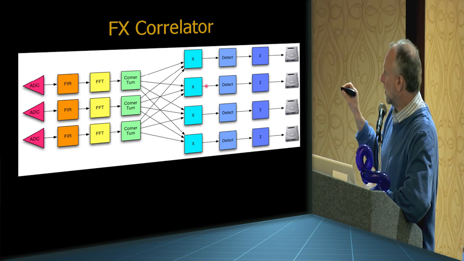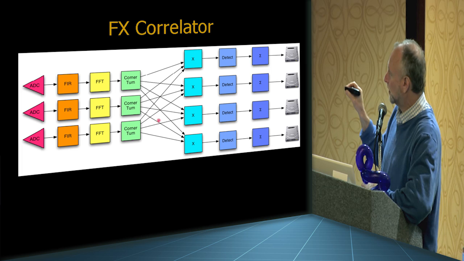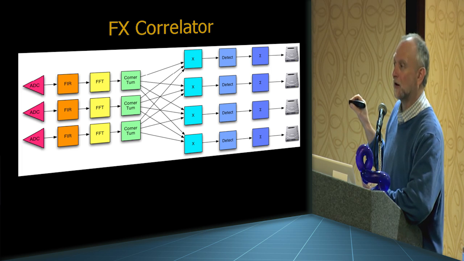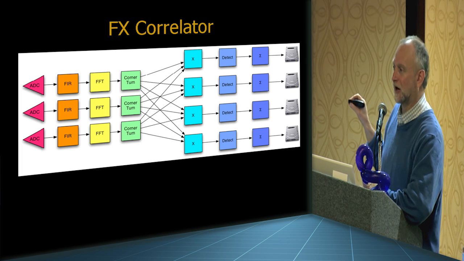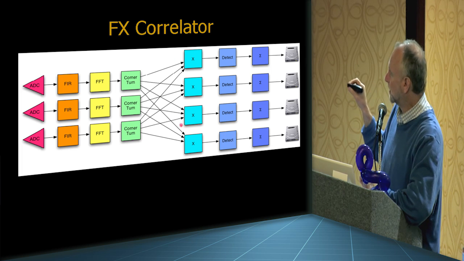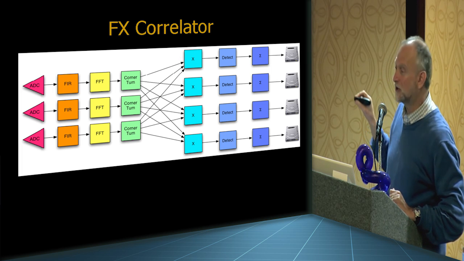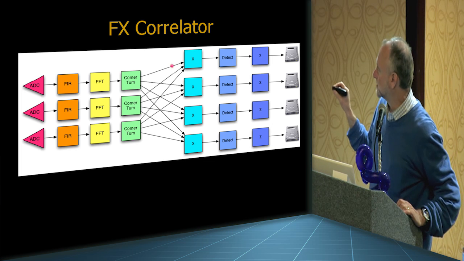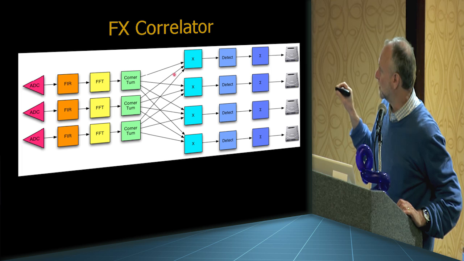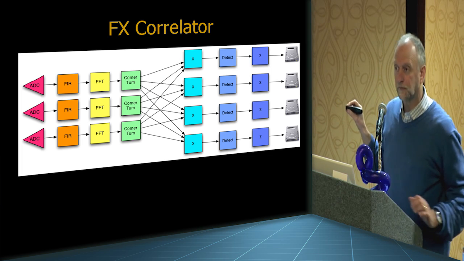And then this guy here has a different frequency band to work on, so he gets data from all these antennas, but in a different frequency band, and he can cross-correlate from all the antennas in the frequency band that he's been assigned. In this particular diagram, we've broken up into four frequency bands, but each of these X engines has to get data from each antenna, but not the full data rate from each antenna, right? So this guy gets a quarter of the data from this antenna, a quarter of the data from this antenna, and a quarter of the data from that antenna. Does that make sense? Okay.